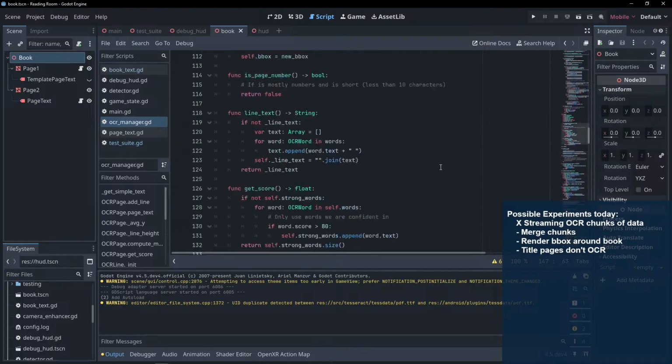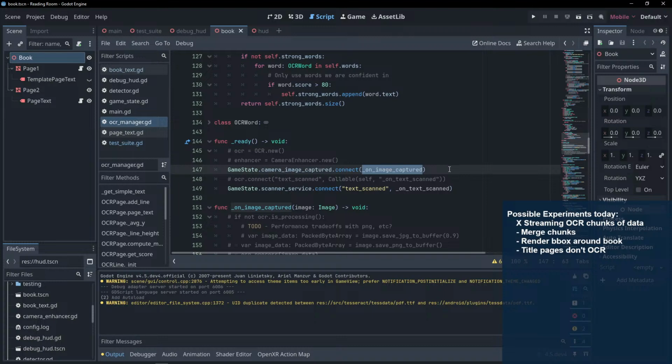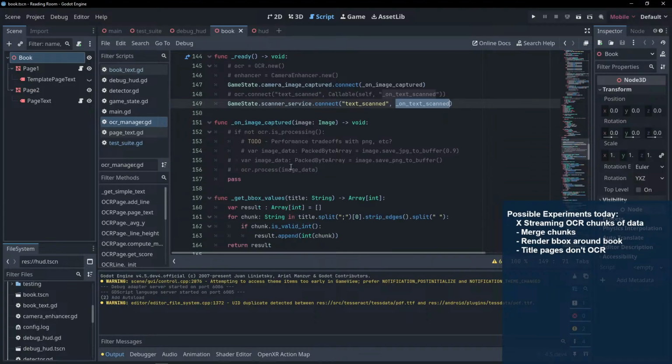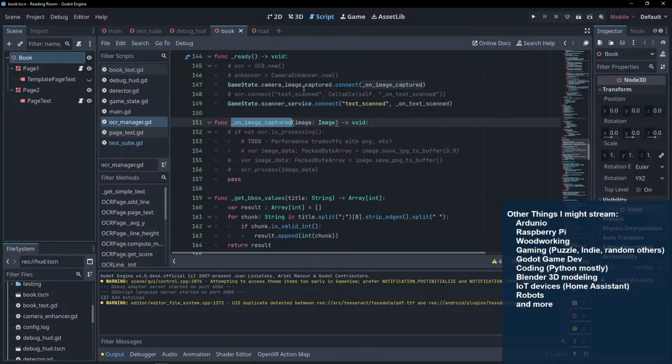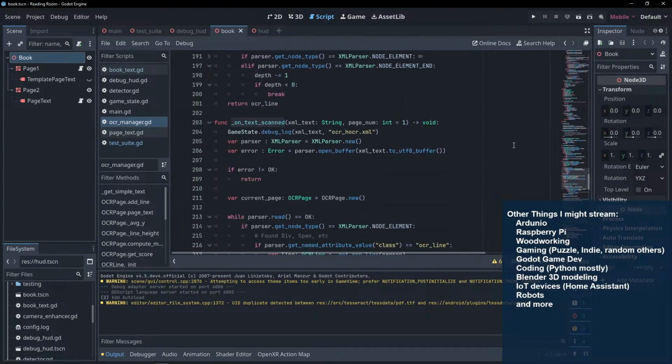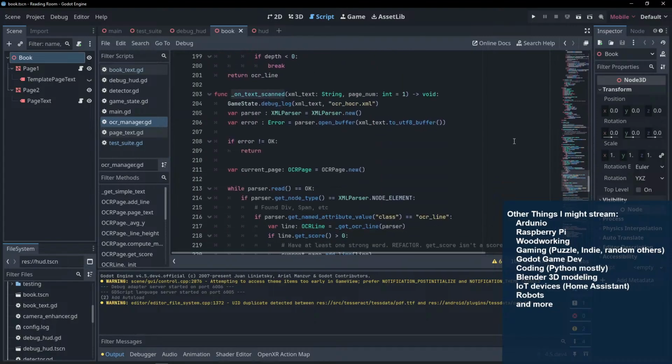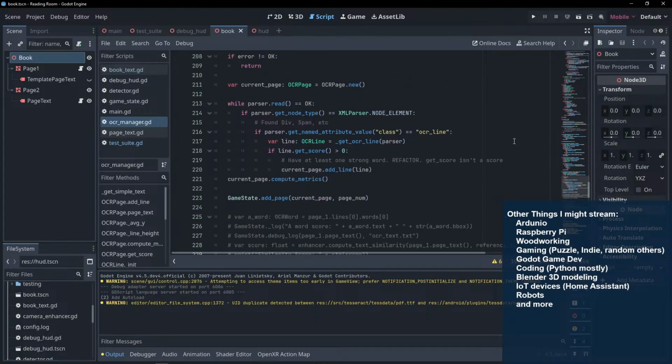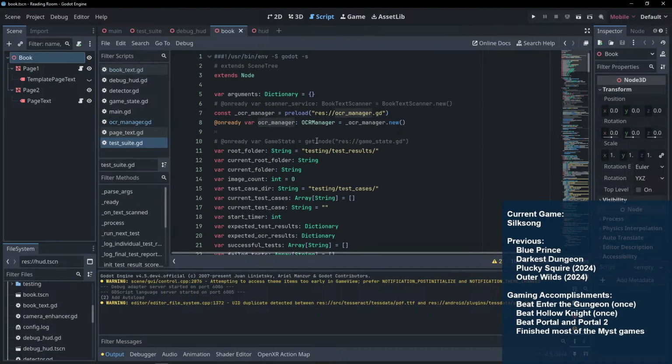Oh wait, what? Sorry. On text scanned is the one we care about. I think on image capture, yeah, I think this needs to get deleted because we don't do that anymore. I have some old code I need to clean up. So on text scanned, we do call this. We run through everything, and then we add the page. The test suite